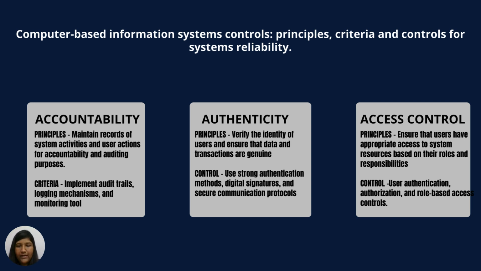Thirdly, access control. The principle of access control is to ensure users have appropriate access to the system resources based on rules and responsibilities. Access controls are user authentication, authorization, and role-based control. Accountability, authenticity, and access control are very important for the accounting information system to make sure of the authenticity and confidentiality of the organization. That is my explanation for the overall of my